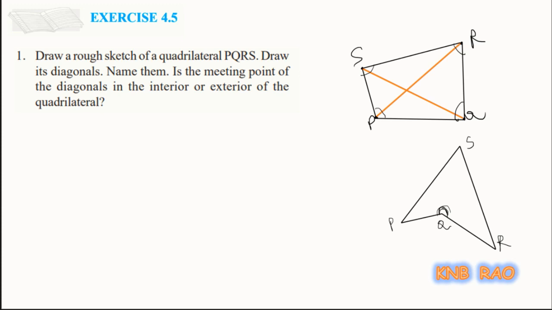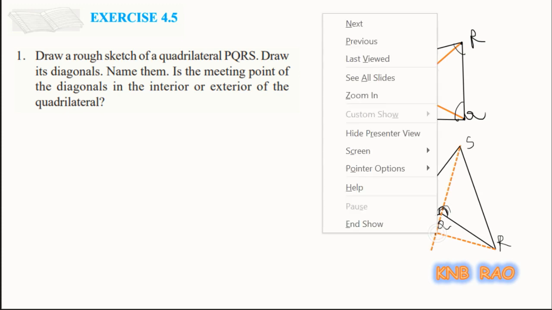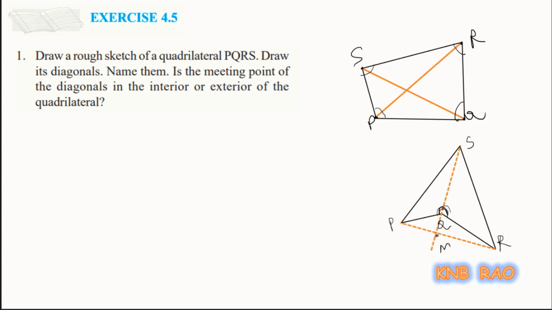Such a time I'll get this sort of quadrilateral. This is also a quadrilateral. You will come to know the names of this sort of figures in higher classes. Okay, but if I draw in this sort of quadrilateral the diagonals, that is diagonal PR and diagonal SQ, and extend them, then they intersect not in the interior, but at a point outside of the quadrilateral PQRS, right? So this is also one possibility.